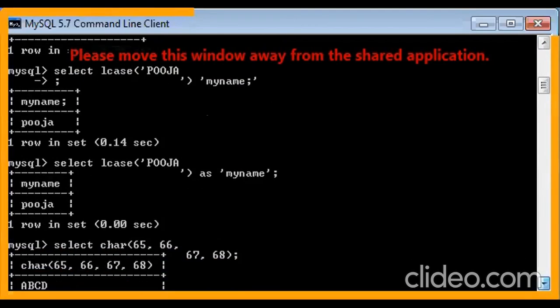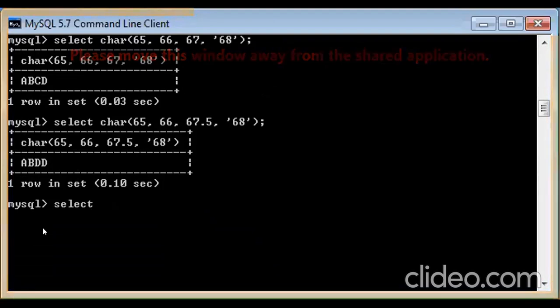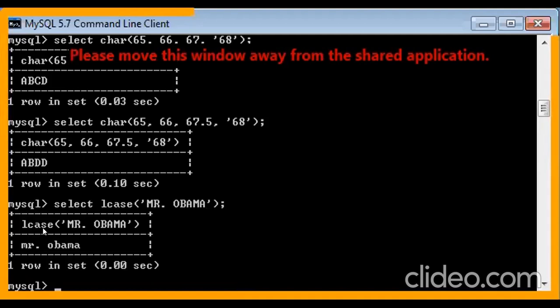We'll see it after running it. So what do I need to write? Select. I want it in lower case. Let's take the example of this only. I want Mr. Obama को lower case में, and a terminator. You can see Mr. Obama has been converted to lower case.